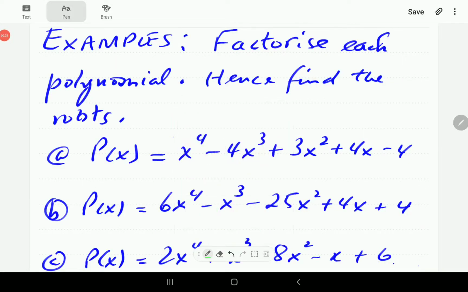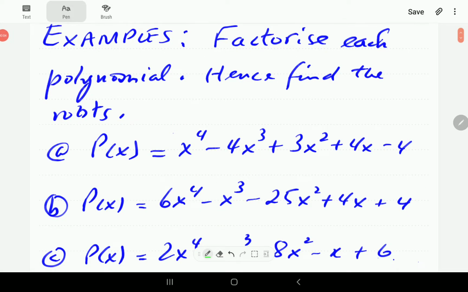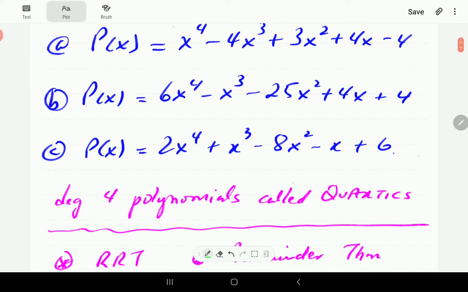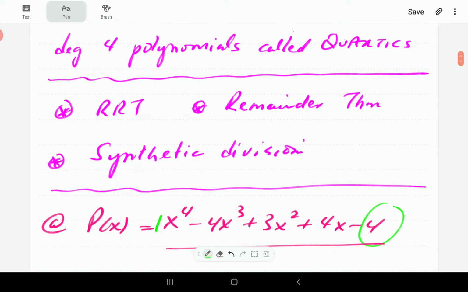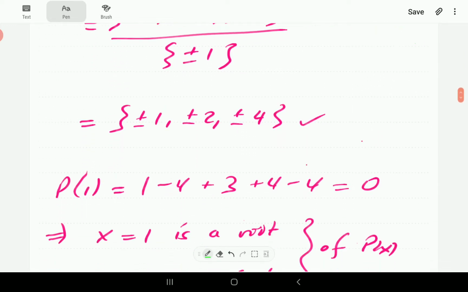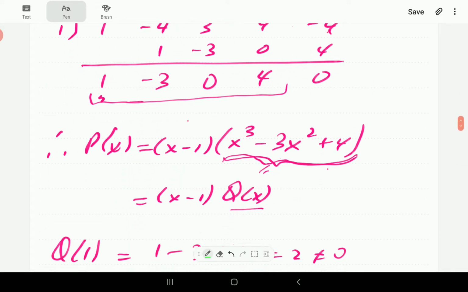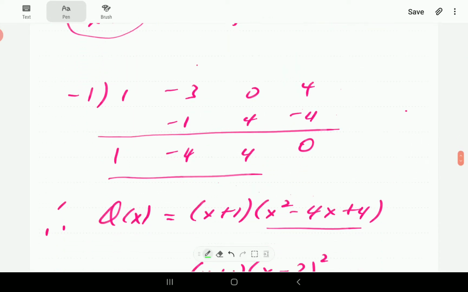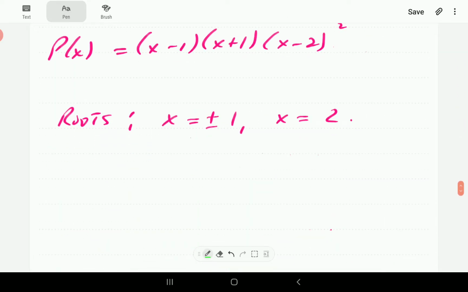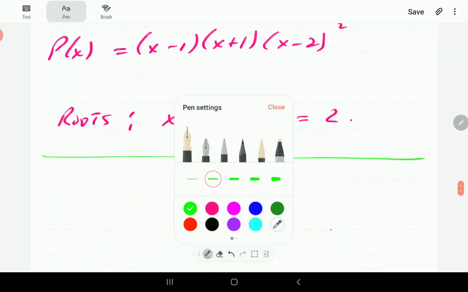In this video, we are going to continue to the second example here. So in part one, we have worked out and factorized the first polynomial here. So in this video, which is part two, we're going to continue with the second example. So in that second example, we have got